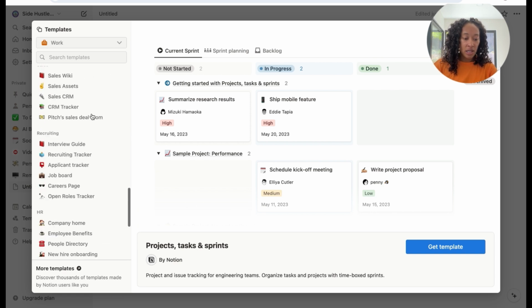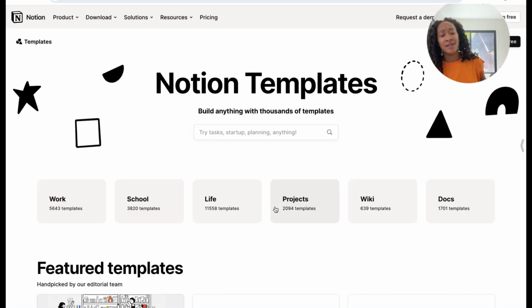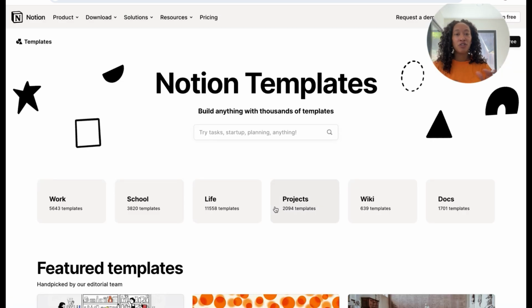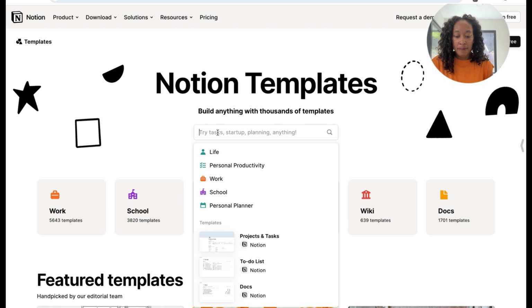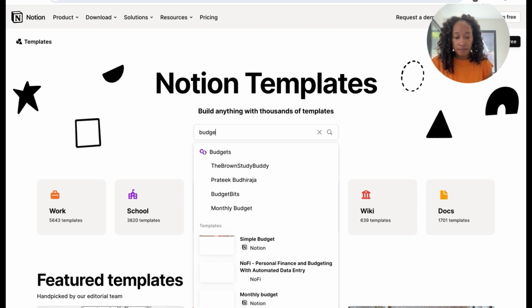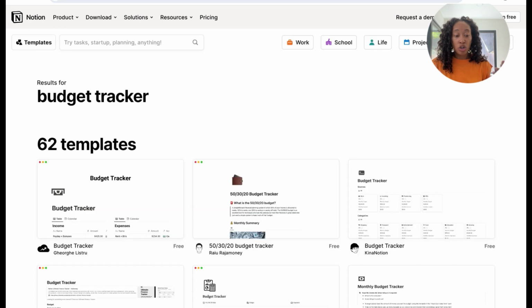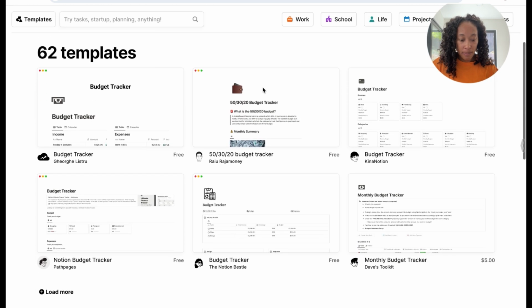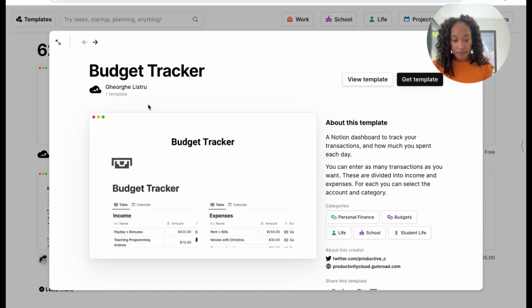But let's just say you don't want to do that. There's another template that you're looking for and these don't fit it. Just go to more templates right here. And it's going to open a page that has 10,000 plus templates for you to use. And these are just normal people that created templates for other people to use. So now you can type in something like budget tracker. And it's going to show me a list of all of the different budget tracking templates that people have made. So for example, let's say I click into this one right here,